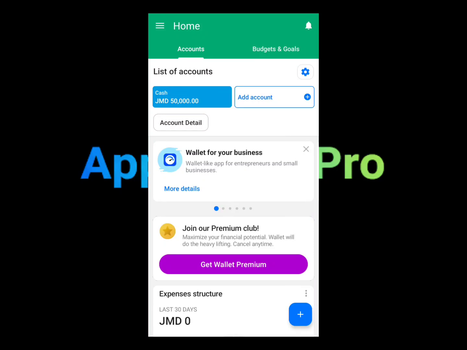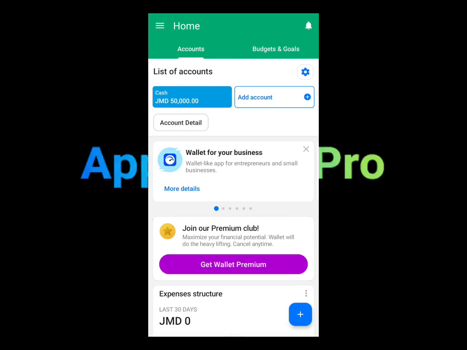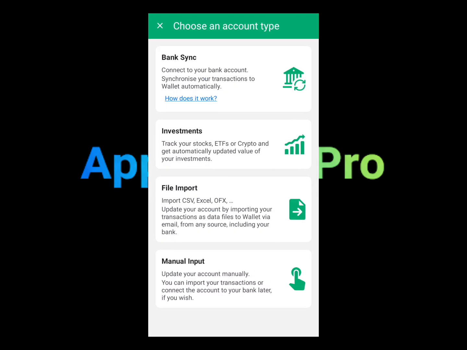So this is the home screen of the application. Once you first open the application, it will let you set up an account, and you can even go through that process again by just adding a next account. If you do have an account, let's say you want to add an actual account, meaning an actual bank account,